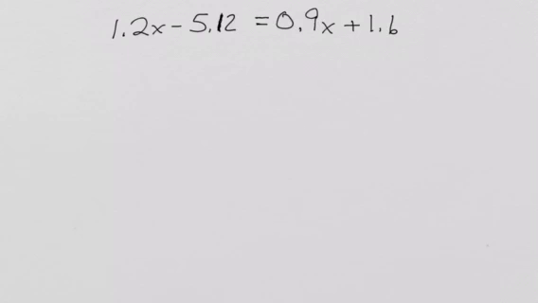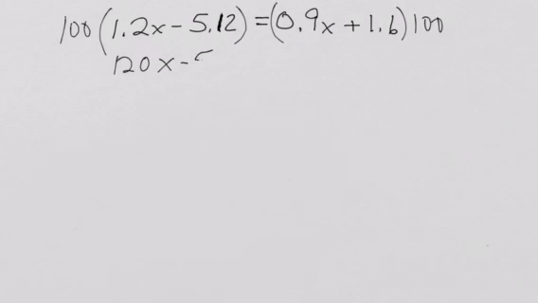In this case, there's no parentheses to clear. So I'll look and see what's the most number of numbers I have after the decimal. In this case, look at the minus 5.12, that's to the nearest 100th. So to clear that, I'm going to need to multiply by 100. And I get 120x minus 512 equals 90x plus 160. So I'm going to subtract 90x from both sides,